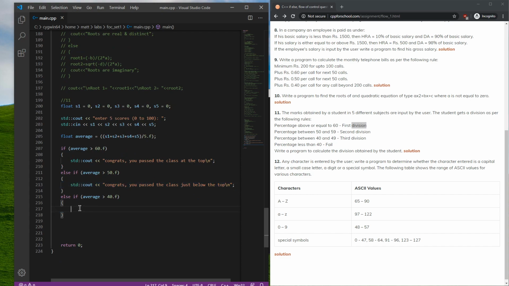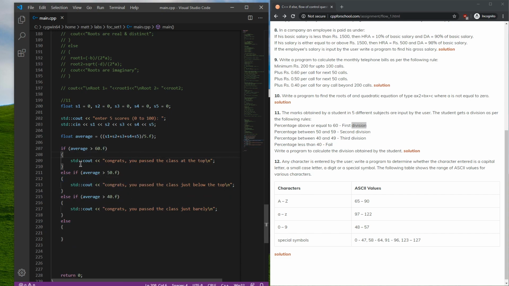We're just going to copy that whole line, double click, hit Control C, Control V down here, and can I line this up? There we go. You pass the class just barely. Is that barley or barely? I don't know. Whatever, I'm leaving it. And then last but not least,